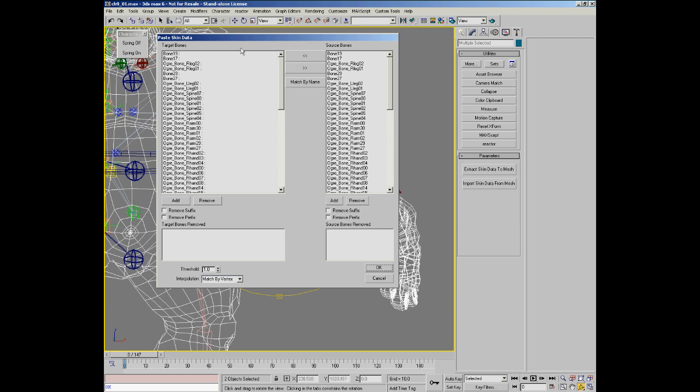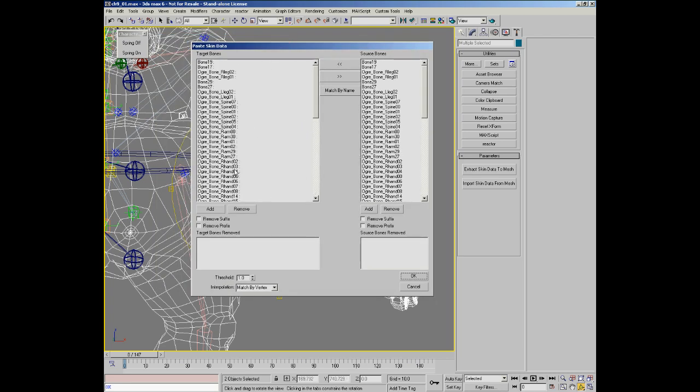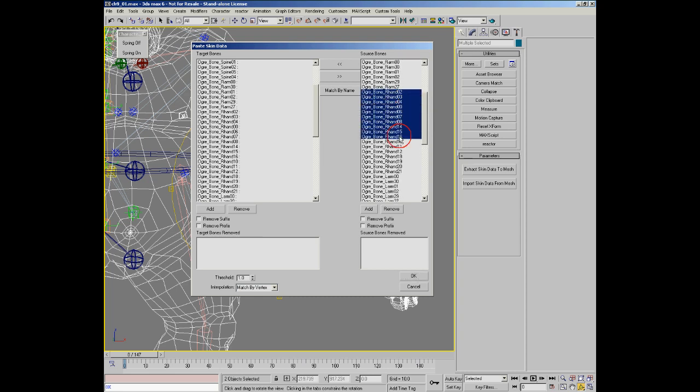Import skin data allows you to map names, and this is where naming conventions come in, are very, very important. Something I went back and did and simply didn't do on the original character was name the hands separately, but now I've gone back in and I've actually renamed the hands so that the hands are named correctly, and we can see which ones they are. These are the target bones. These are the source bones. And what we want to do is we want to basically take the source bones that we're using. So that would be the right hand that we pulled off the original source,